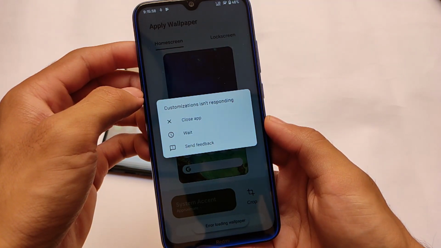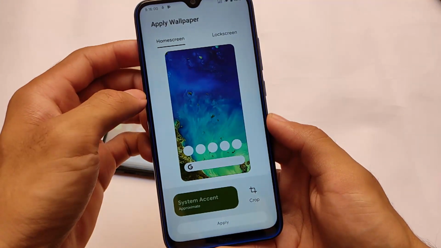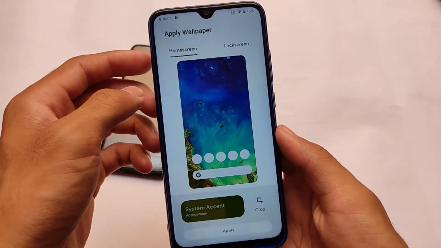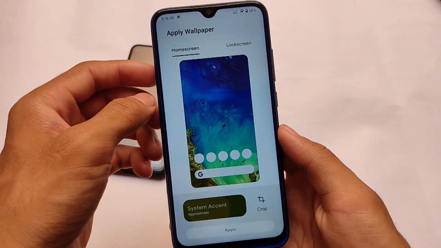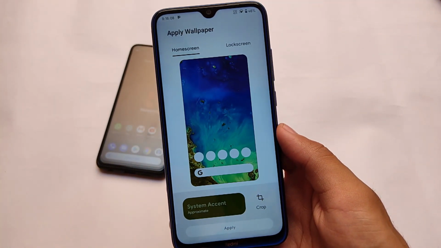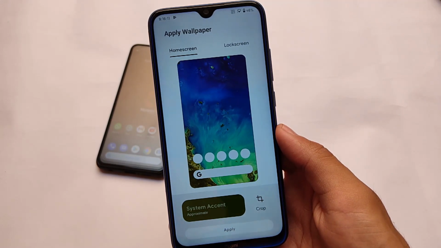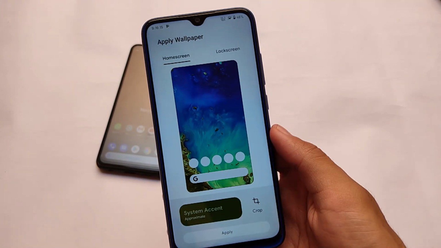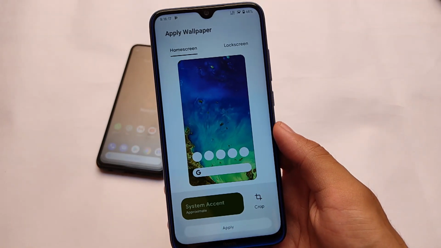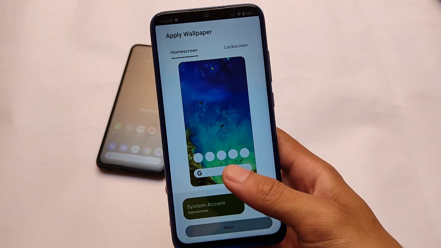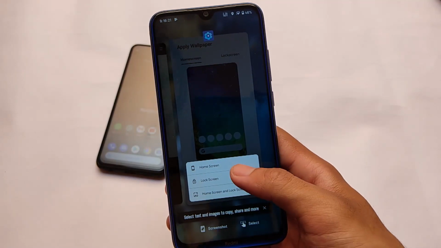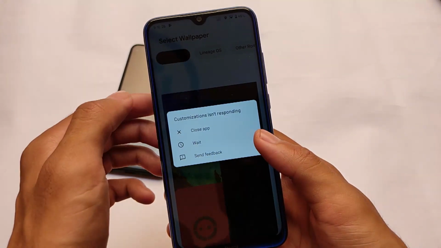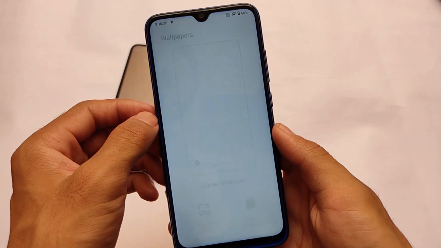I'm not sure whether this is a source bug, or you can say a bug which you get in other devices also, other devices' .os. But in Redmi Note 8 you might get this bug. So this thing which you need to keep in mind is the wallpaper. The wallpaper is actually having issues, especially in my case. I'm not sure. As you can see, the device is stuck here. It will show you the customizations has stopped like this. As you can see, it's showing me the customizations menu. Customizations isn't responding like this, so this is a kind of bug which I'm getting.